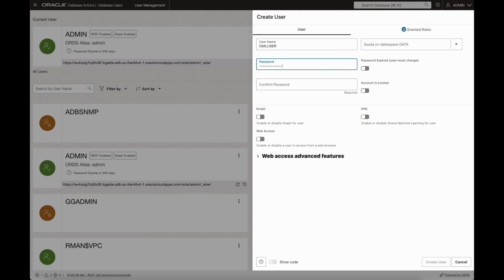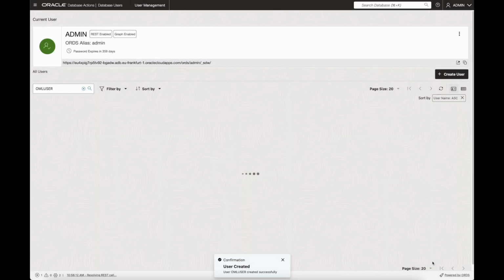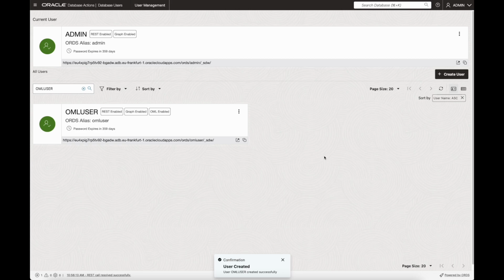So I'll give the user the name and pass it a password. In addition to this, we'll also need to provide it OML access and access to the web. Provide it with unlimited access in terms of creating rows. Now, once the user account's been created, what we're then going to do is to load some example data that